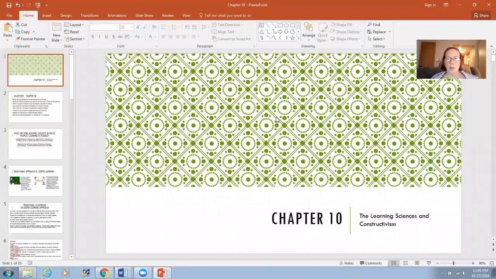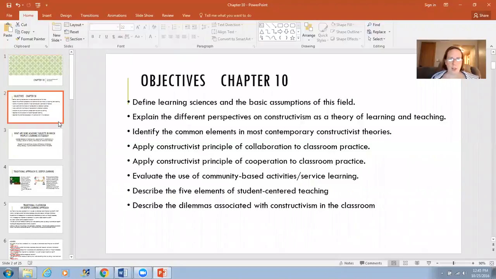Hello, everyone. So this week we are doing the Learning Sciences and Constructivism, which is Chapter 10. Just one chapter this week. Yay! So objectives are to be able to define learning sciences and the basic assumptions of this field, to explain